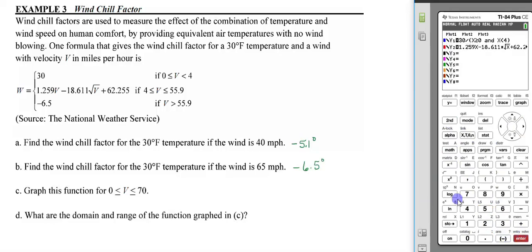Close the conditions. And our last piece is negative 6.5